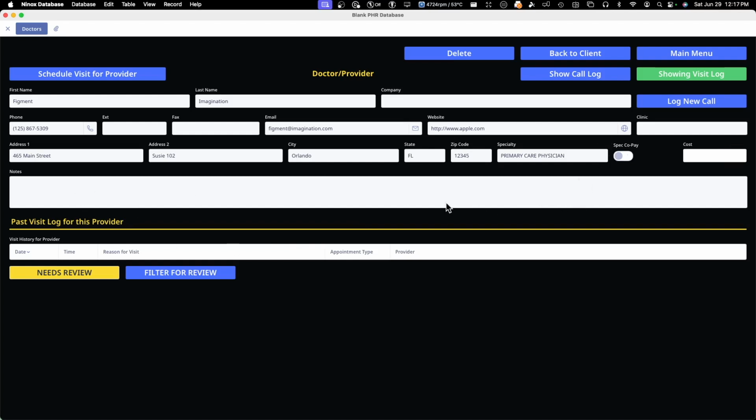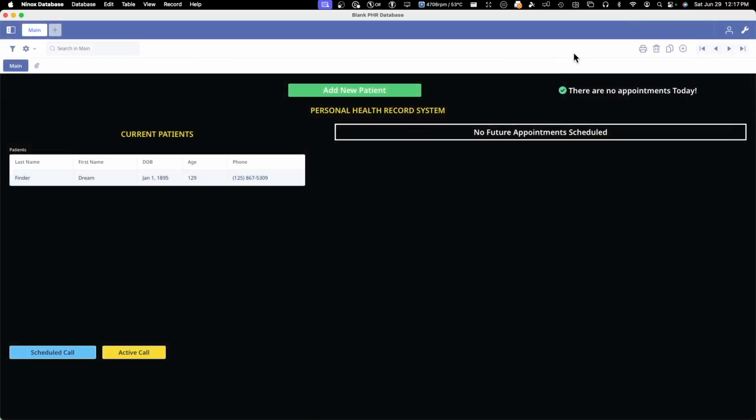So now we'll go back to the client for a second. All right. You notice right now it says no future appointments scheduled. It also says there are no appointments today. This will update automatically based on information in the system. So let's go ahead